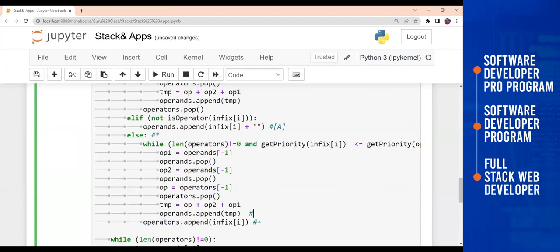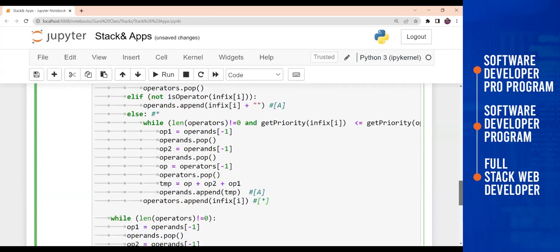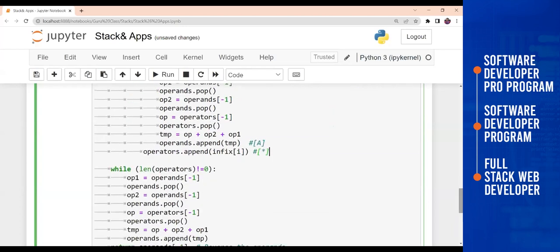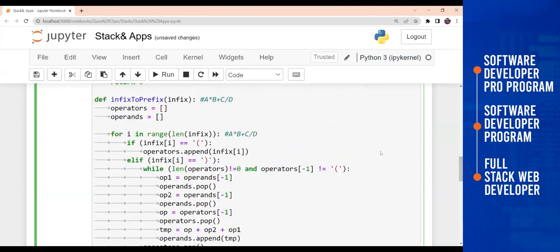So here how the value will be. So it is already A, right? Operands is having an A here. Now what is the operator value here? We are just passing that, which is a multiplication. So now in the two stacks, in operands it will be A, and in operator it will be multiplication. That's it. So this will go on until the end of this particular loop.